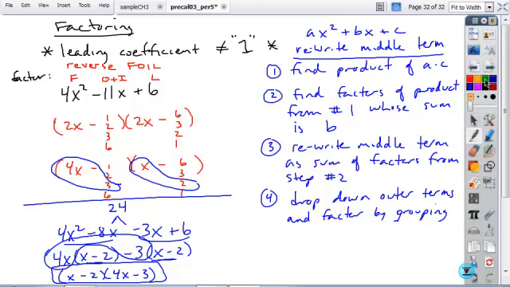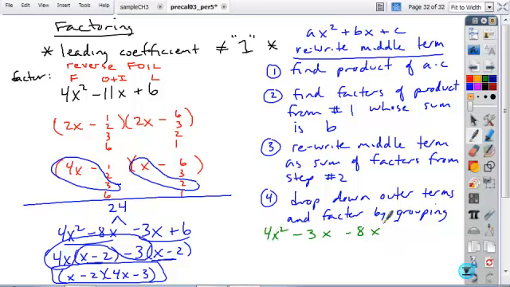Okay, now, what if when you were splitting the 24, so what if in step 2 here, you didn't think of it as -8 and -3, you thought of it as -3 and -8? What if you flipped the order of those? So if we thought of this as -3 and -8, we rewrite the middle term. It still has a total sum of -11x. Drop down our first and last terms